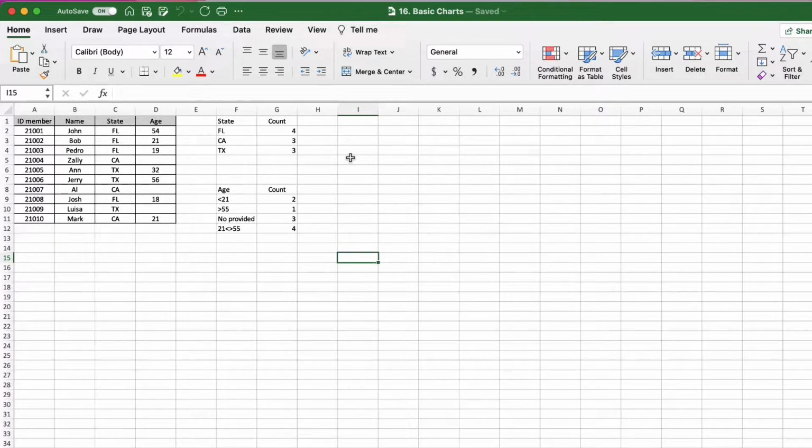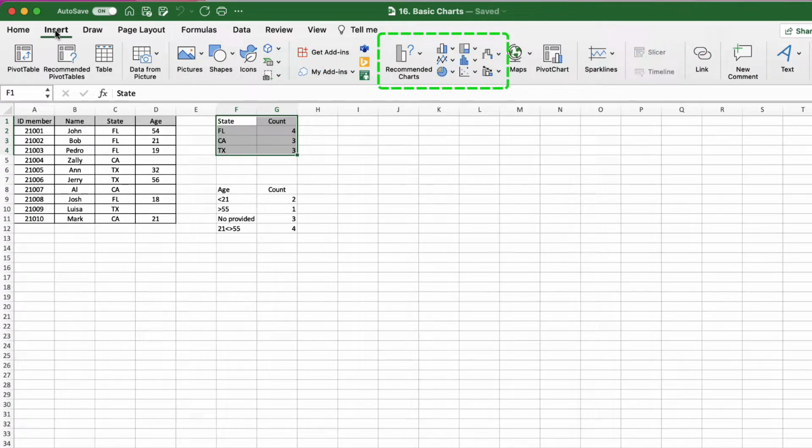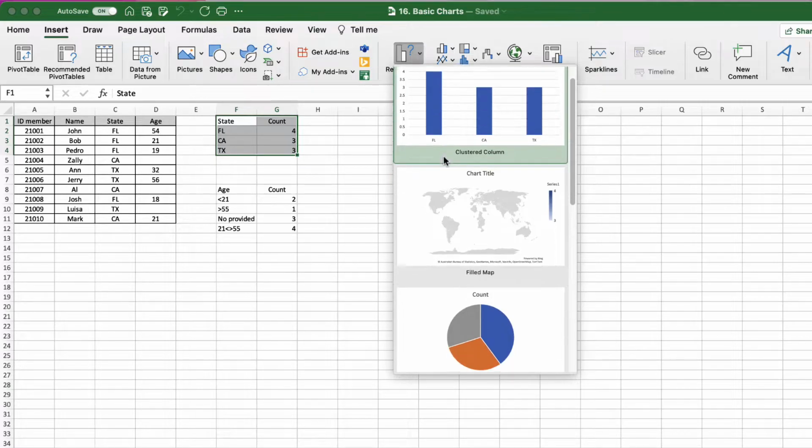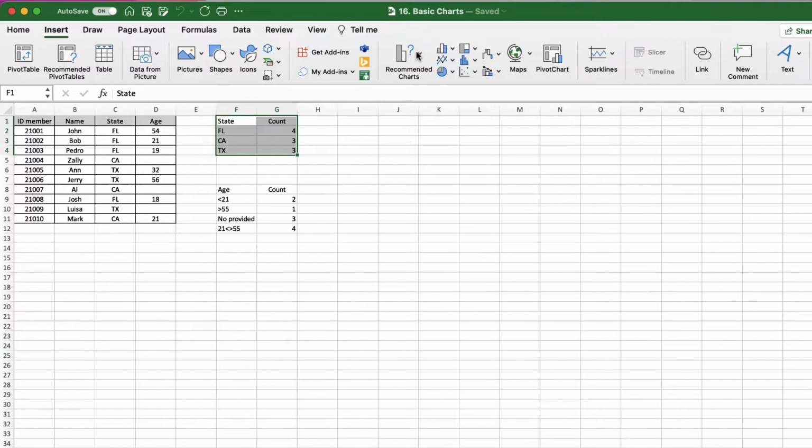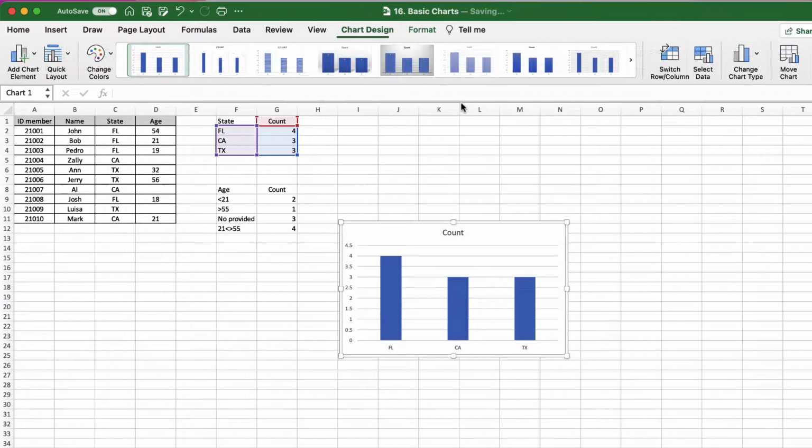Before starting a chart, make sure you have headers per each column containing the data, so it is easy to identify. Select the entire range that contains the data, and then go to the ribbon and select the tab Insert and look for the chart section. Here, you can see all different kinds of charts available: columns, lines, pie, etc. There is also a recommended chart button. This option gives you a selected type of charts that Excel chooses for your data. We will use this in the future. For this first chart, I will select a column chart. And here's our chart.